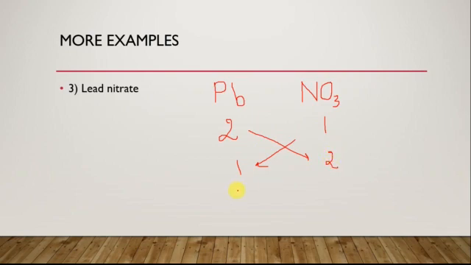Next, we may write the chemical formula because it is already in the simplest form. So for Pb it is 1, so no need to write 1, but for NO3 it is 2. So how do we write this now? Because already we have NO3. We write NO3, we put it in bracket and then we write 2. Okay, because this 2 is for the entire ion. Therefore we indicate it by writing it in the bracket.